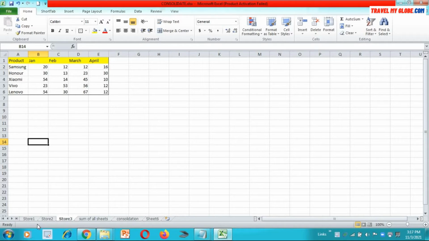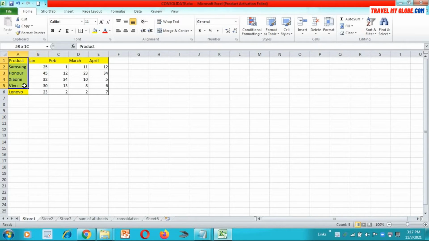This does not exactly happen when we are doing a data entry job or when we are working. Data may be at different positions. So in that case what we do is called consolidation. Yes, we can do it by consolidating the data. Let's see how we can do this.